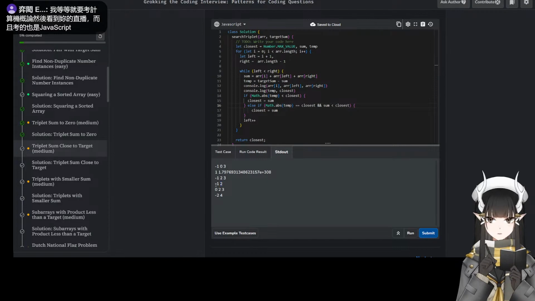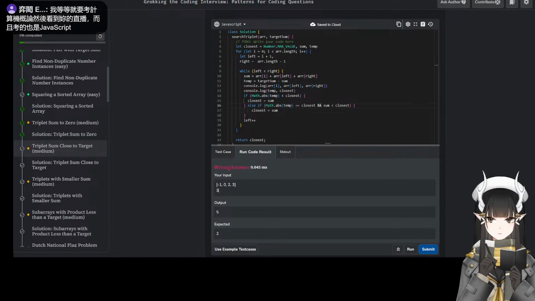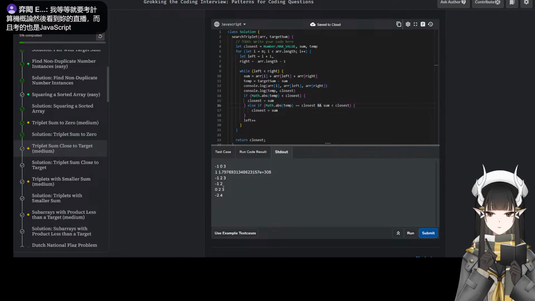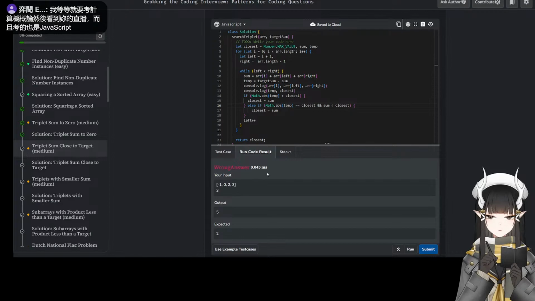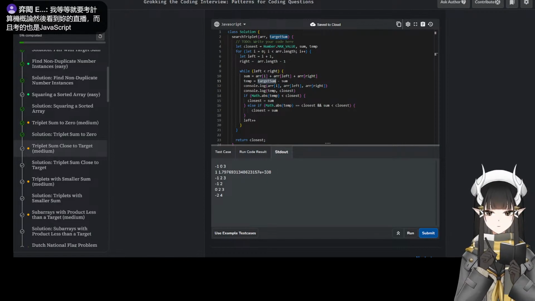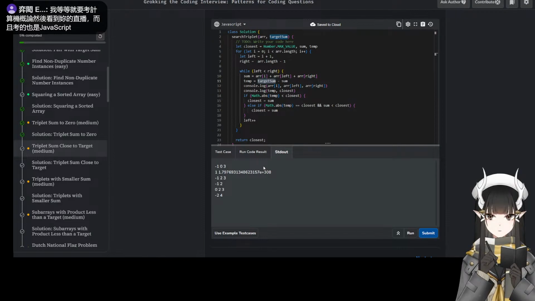The next one is -1. The difference between -1 and the target number is 3. So target sum -1.